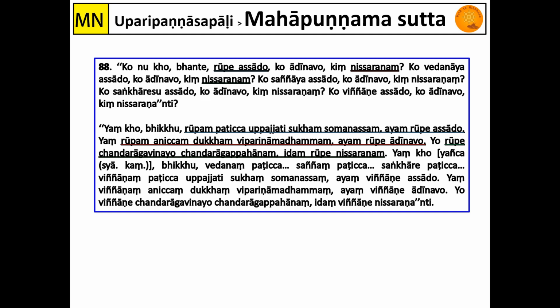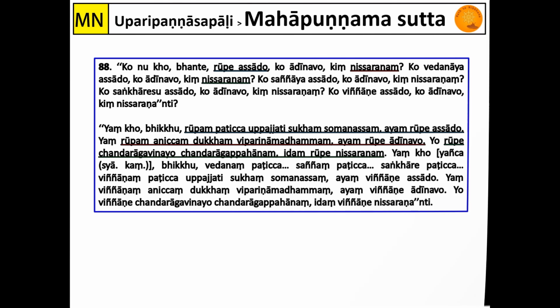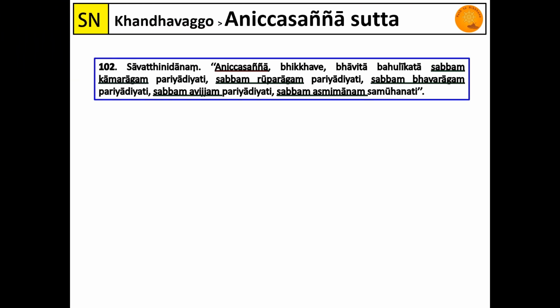And then rupang aniccham dukkham viparinama dhammam, ayan rupe adinavo. So that is what adinava is. Rupang rupe chandaraga vinayo chandaraga pahanam, idang rupe nissaranam. So that is what nissarana is. Asada, adinava and nissarana. Then we looked at anicca sanya in more detail,